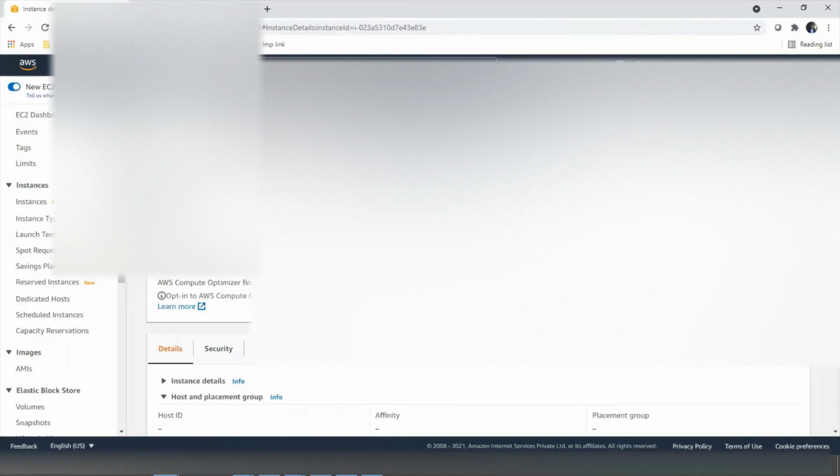Copy the public IP address, HTTP. I hope this will not open because there is a problem.